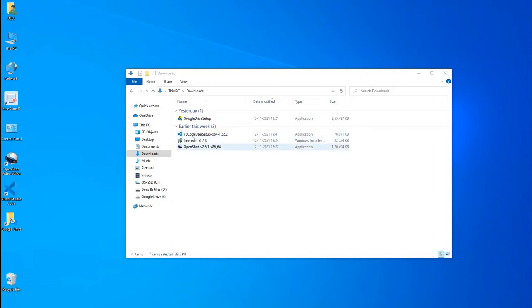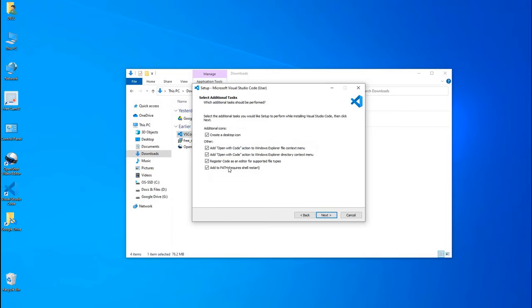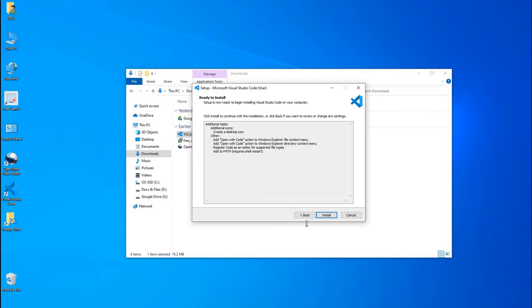This is all for editing purposes, and this is the Visual Studio Code setup file. Go ahead, check all these things which are mostly required, go on next and install it. I have already installed it, so there is nothing great in that. Just install it and leave it.